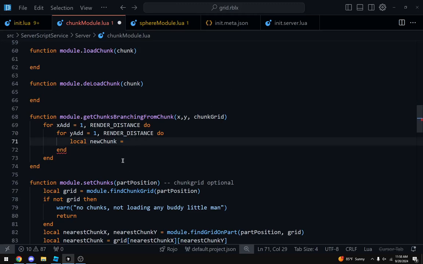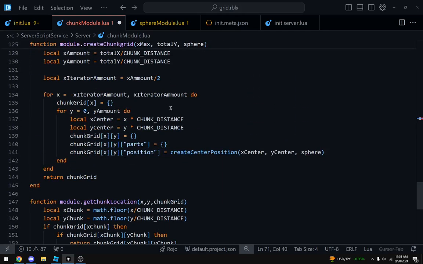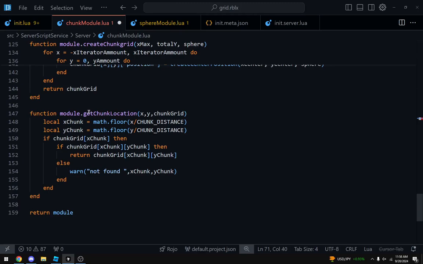Okay, so we want to do new chunk equals chunk grid, what do we better to use? Get chunk location xy chunk grid. Would this be better? What does this function do exactly?